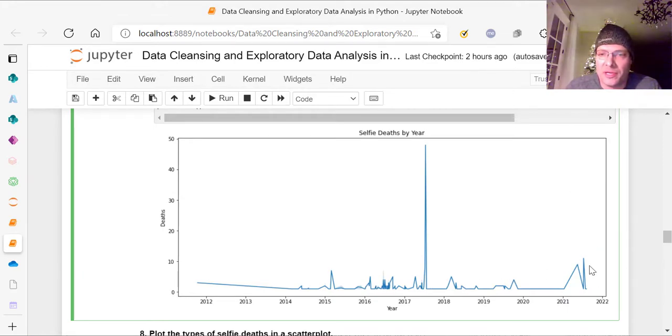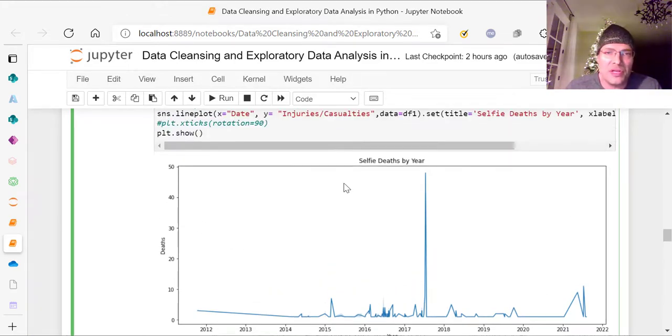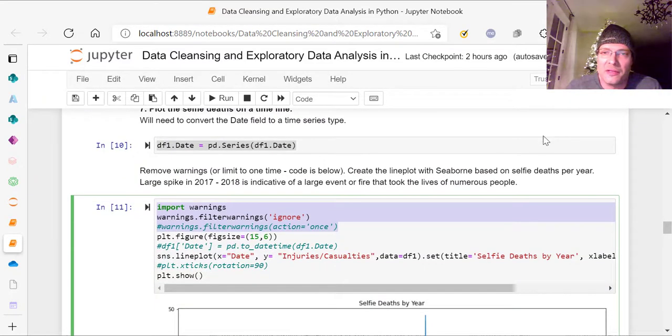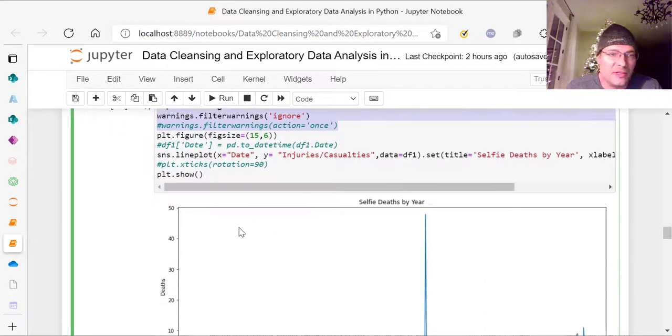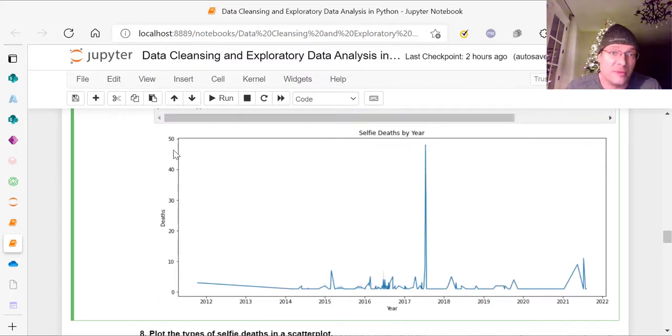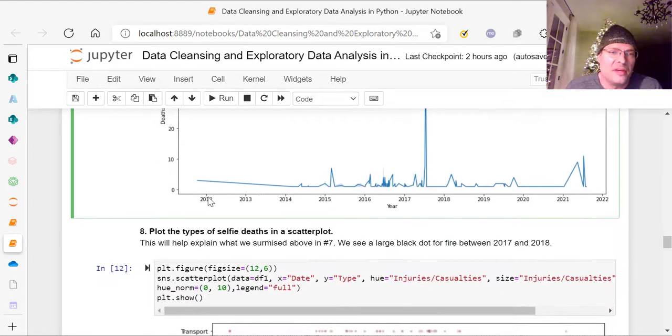Okay, and you have some bigger spikes here. And what we need to understand is this fire, look at that, 48, and look at this. Look at that. Oh, that spike is 48. So there might have been a big fire that caused a lot of deaths. So now that we